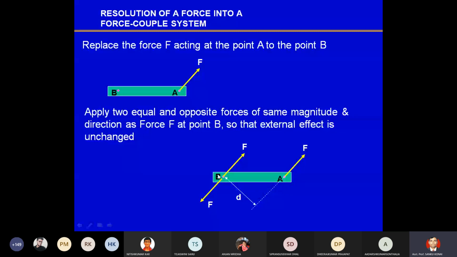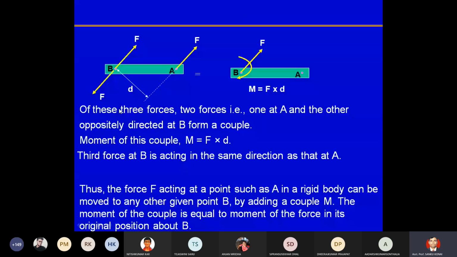That will be 0, so there will be no external effect. But if you consider this type of forces, let's say initially there is some force and you have added these two equal and opposite forces at point B. So if we remove now this force and this force, as I discussed earlier, this force is acting this way, and this force has the same magnitude but acts in the opposite direction,